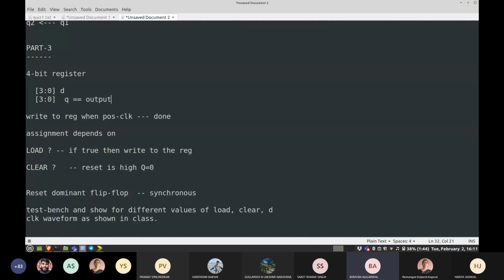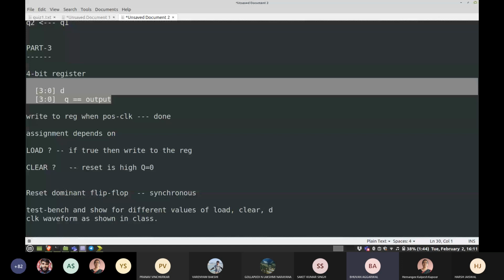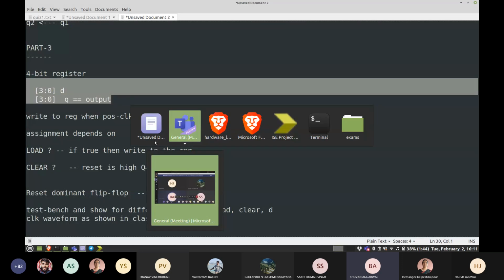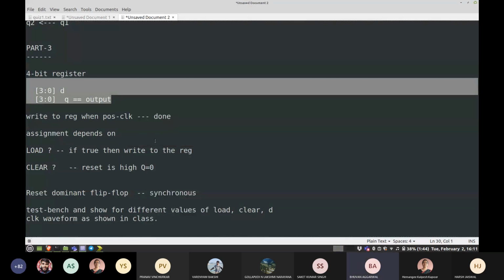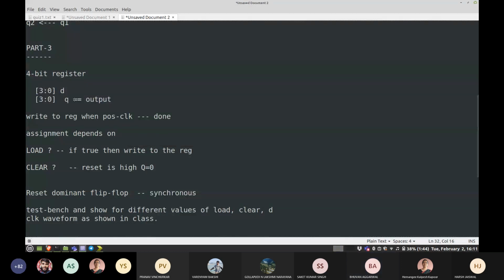What is the difference of writing the delay statement before or after the equal to sign? No, both are same. If it is syntactically allowed, then both have the same effect. Ma'am, while introducing the delay in the first part, you wrote it after the equal to sign, and while assigning the clock, we wrote it before.